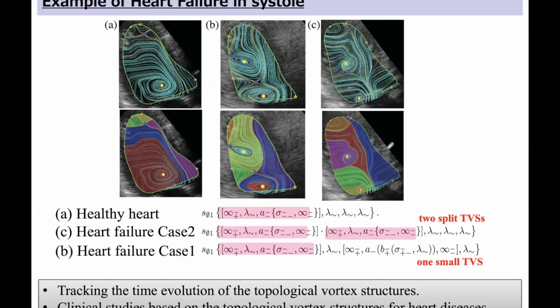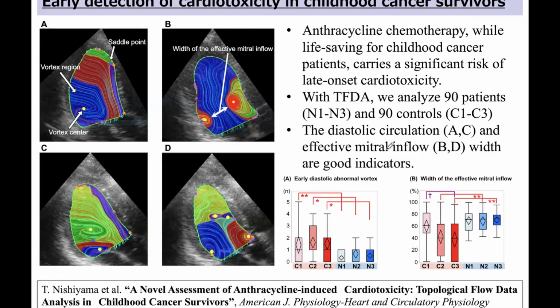So we are now applying this technique to clinical studies of heart diseases based on topological vortex structures. Here is one example, which has been published recently in a medical journal. We are applying TDA theory to the early detection of cardiotoxicity in childhood cancer survivors. It looks very complicated, but here is one kind of chemotherapy that is good for childhood cancer. But even if this chemotherapy works well for the child, it still carries a significant risk of late onset